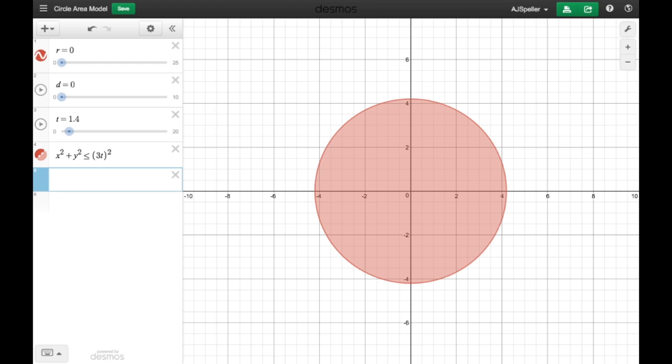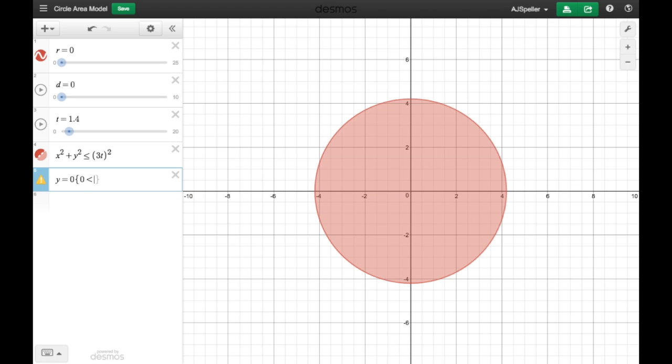To do the radius, let's put in y equals 0, and you see that draws a horizontal line on the x-axis. We want to limit the values of the x-axis to go from the origin to the outer limit of the circle, which is going to be one of these x values. So to do that, we do a curly brace.